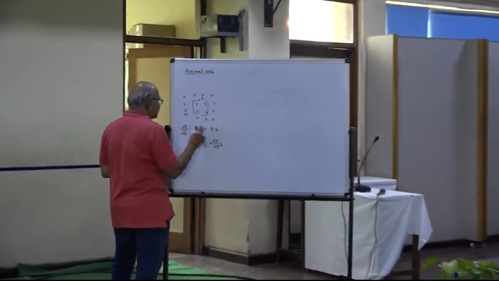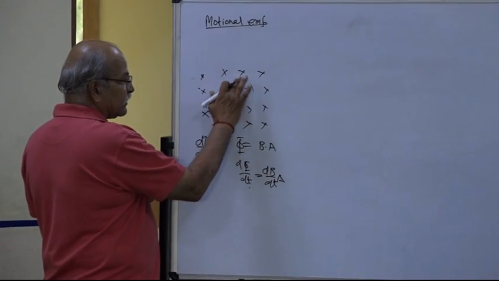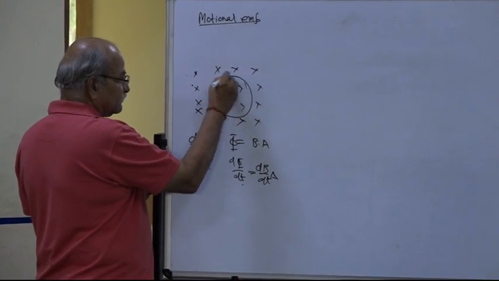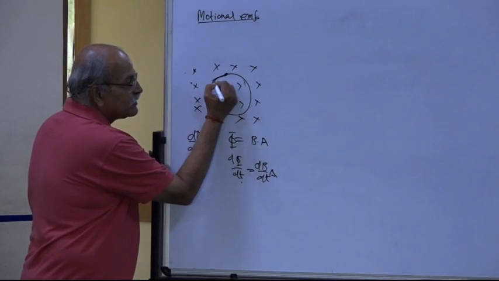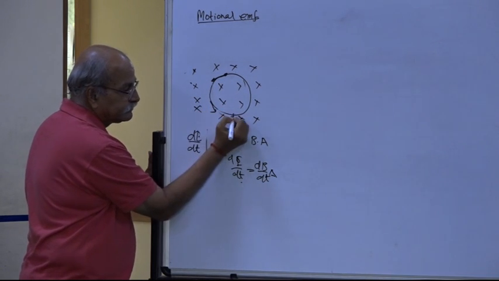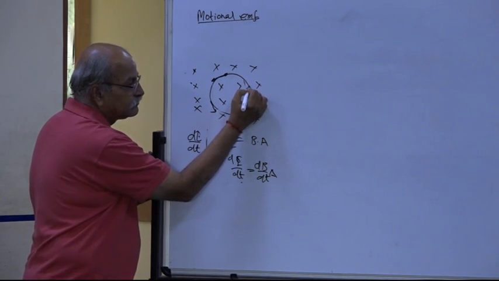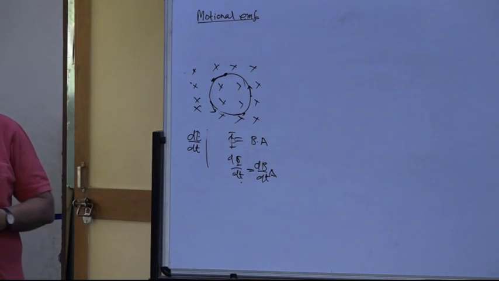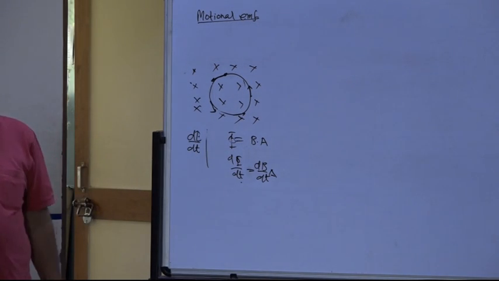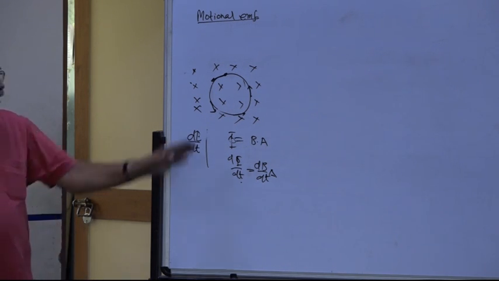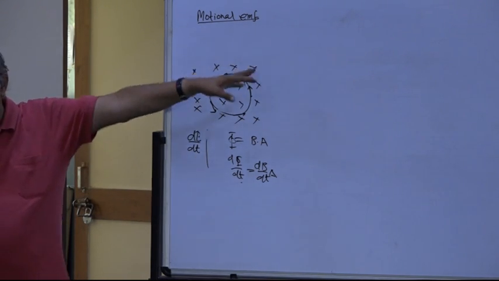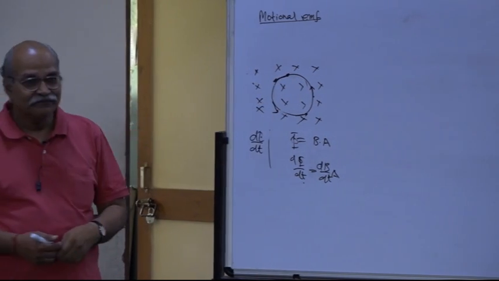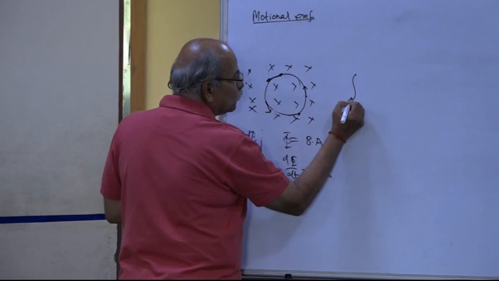if I take a circle, for example, in this, let us take a circle, and let's ask what is the direction of the electric field here. The field is along the tangent, right? Field is along the tangent. There is no other direction. Now whether it is in this direction or that direction can be debated. Tangent in this direction or tangent in that direction. But this is the direction. So now if I do E dot dl,